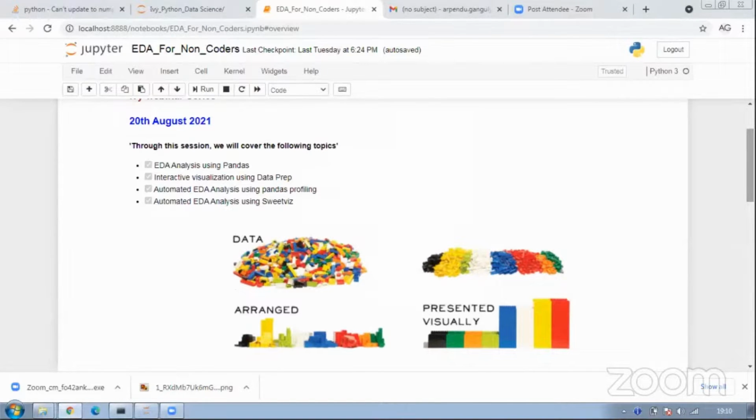Has everyone used Jupyter notebook? Okay. About the others, is everyone comfortable with basic Python? Okay. So what I will do is show you the one-liner codes, right? I think that will give you a sense of the power of using Python in this case.